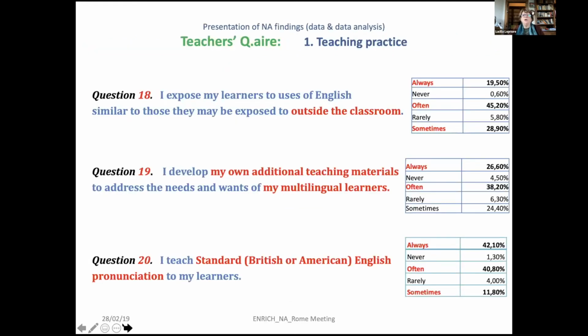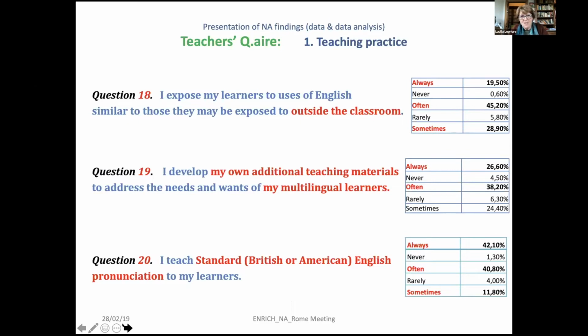For example, what did they say about their teaching practice? I picked only a few questions because, as you can understand, I couldn't present all the results of each questionnaire, but I thought this would be interesting in terms of what guided us, representing the reality of the CPD course, but also what was surprising or engaging for us.